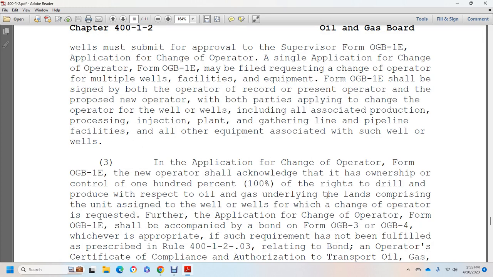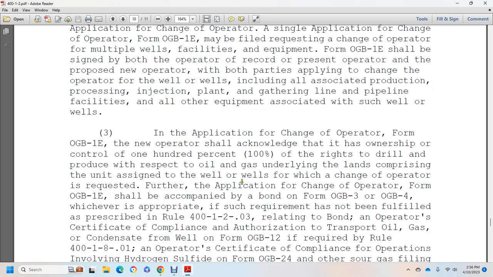3. In the application for change of operator, form OGB-1E, the new operator shall acknowledge the ownership and control of 100% of the right to drill and produce oil and gas with respect to the underlying lands comprising the drilling and spacing unit of the wells for which the operator is being changed. The application for change of operator, form OGB-1E, shall be accompanied by the bond, form OGB-3 or OGB-4, whichever is appropriate, to fulfill the requirements prescribed in Rule 401-203 relating to bond. Operator certificate complying with the authorization for the transfer of oil, gas, and condensate from the well, form OGB-12,